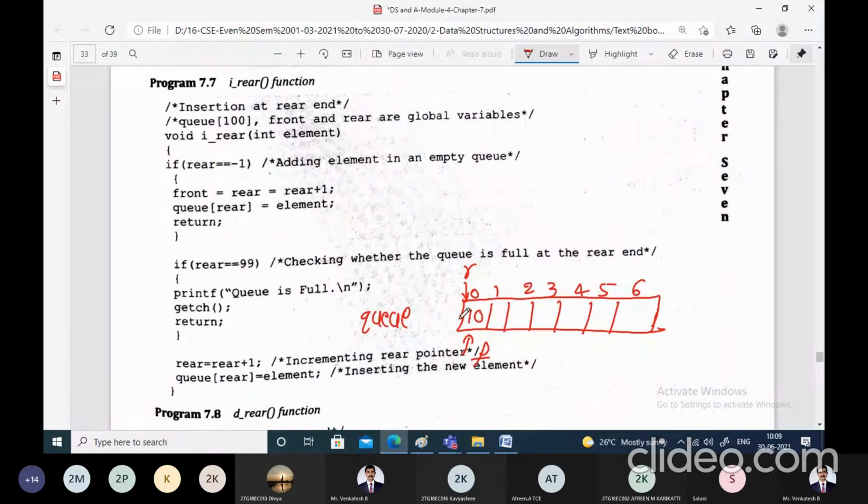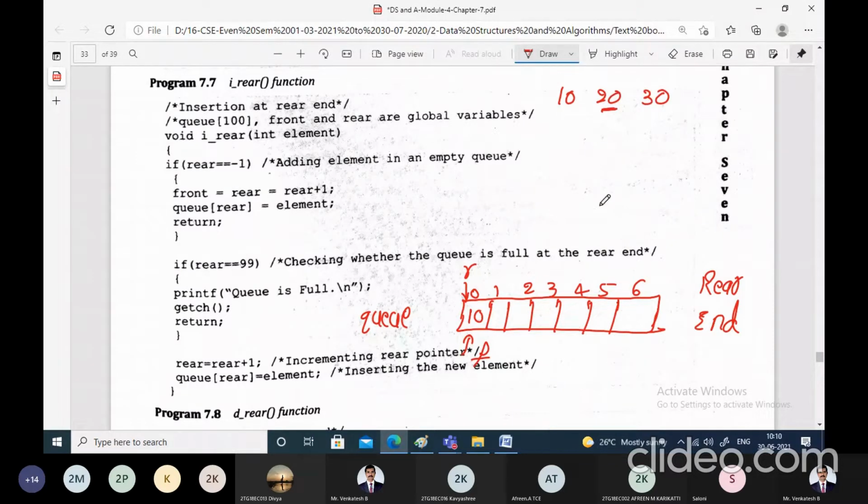Now from the front end, we cannot insert more elements, but we can insert the elements from the rear end. It is possible to insert elements from the rear end. Now let us see how the insert rear function works. That means from the rear end, we are trying to insert elements into the double-ended queue. Let us say these were the elements 10, 20, 30, and we want to insert 20.